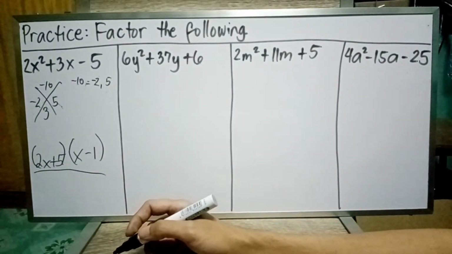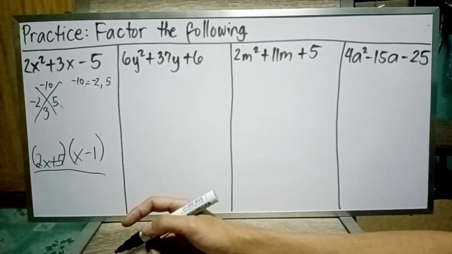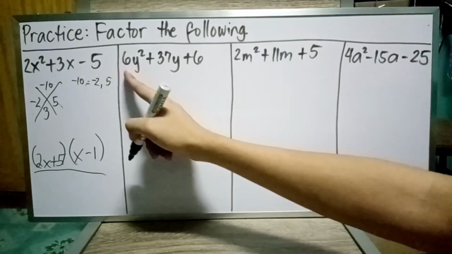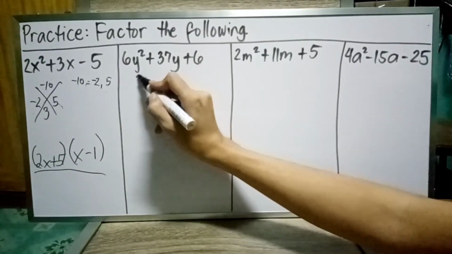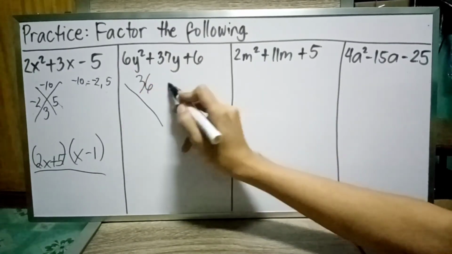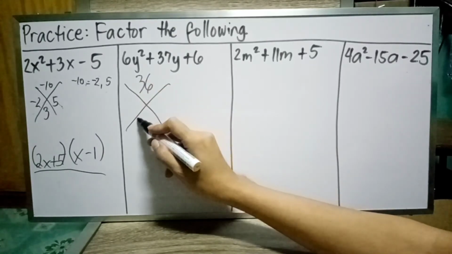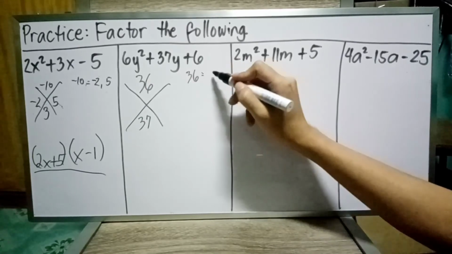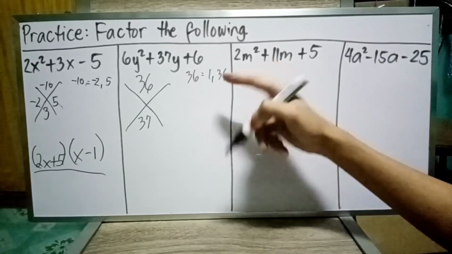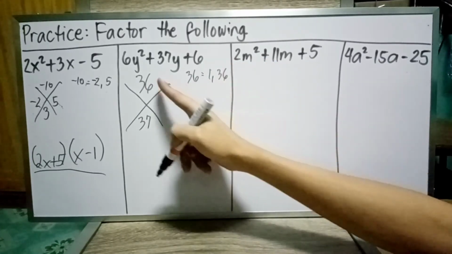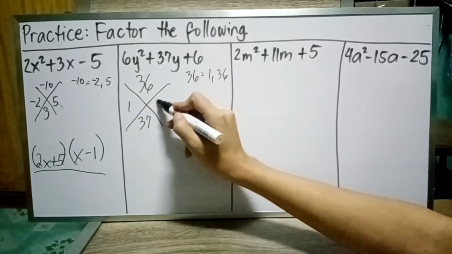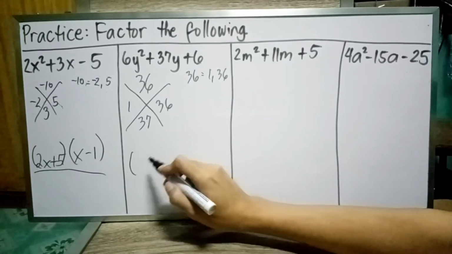Okay? Next, 6y squared plus 37y plus 6. So multiply the coefficient of y squared to constant, that is 36. So we're looking for the factor of 36 that will give you a sum of 37. So 36, the factor is 1 and 36. So 1 times 36, that is 36. 1 plus 36, that is 37. So 1, 36. So factor is